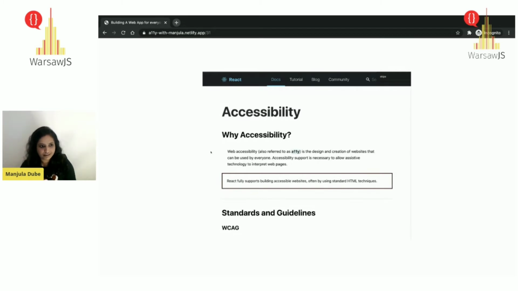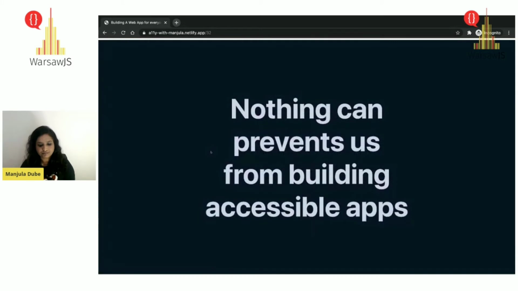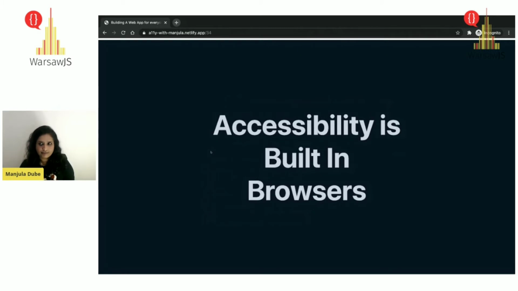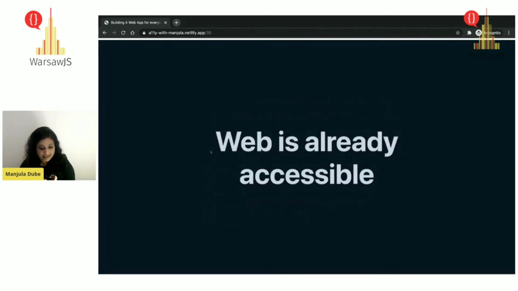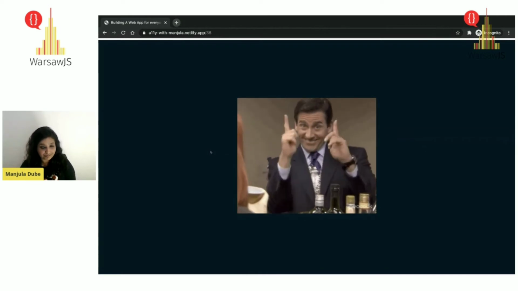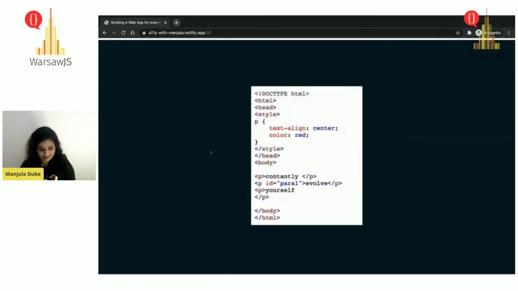In fact, under the hood you're still writing HTML, so nothing can prevent us. There are many ways to browse the web, and accessibility is already built into browsers, which means the web is already accessible to you, although it's your job now to make it more accessible, right?